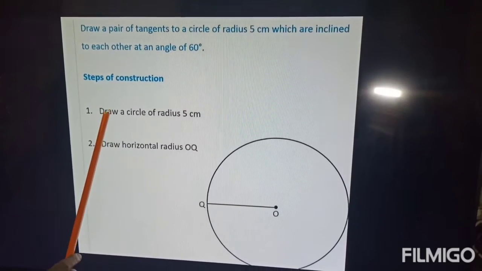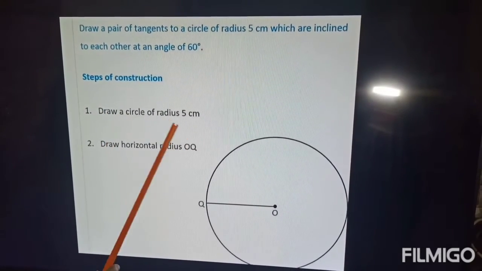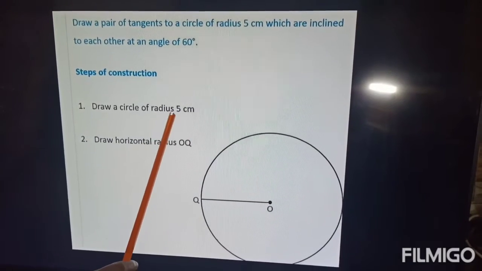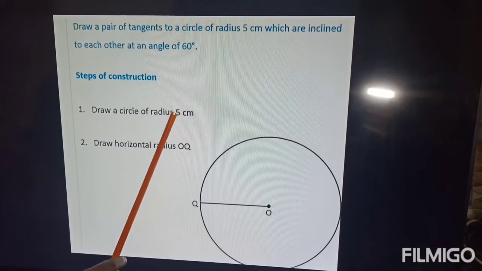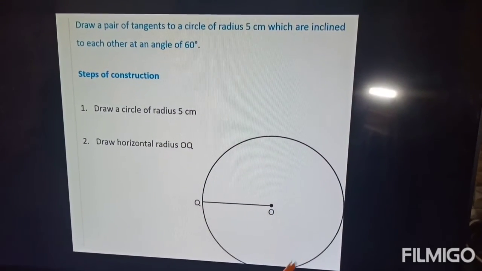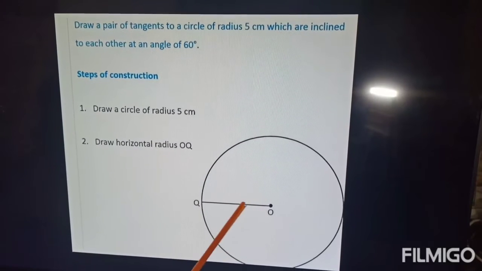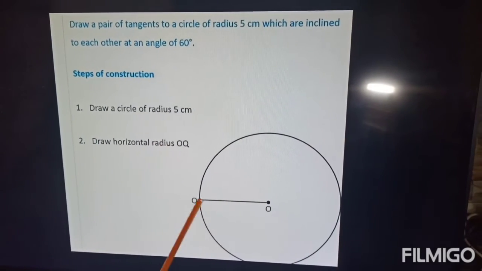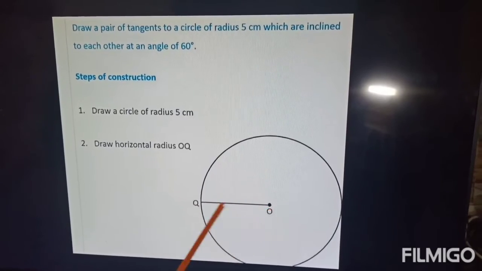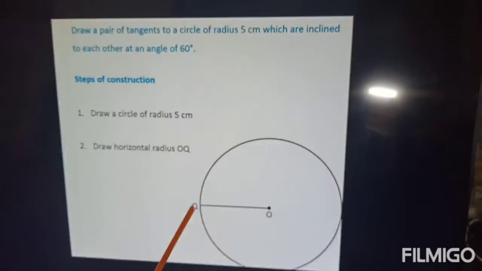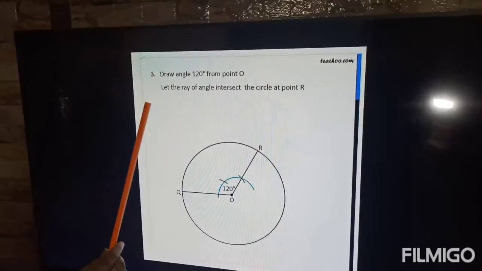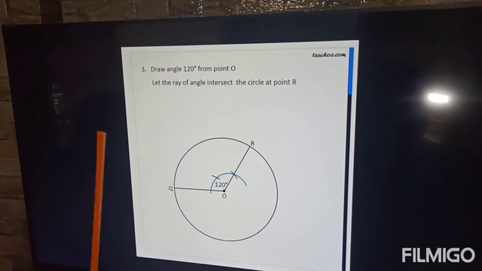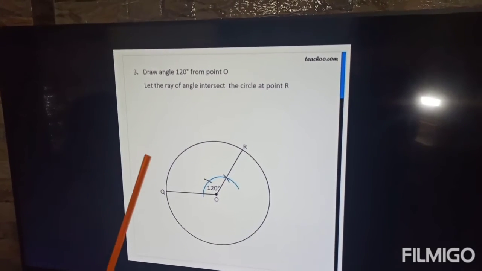See properly. Draw a circle of radius 5 centimeter. First take a compass and take radius 5 centimeter. Draw a circle with radius 5 centimeter. Then draw a horizontal radius, this radius, and join OQ. OQ is the radius. Given angle is 60 degree. 60 degree is inclined at